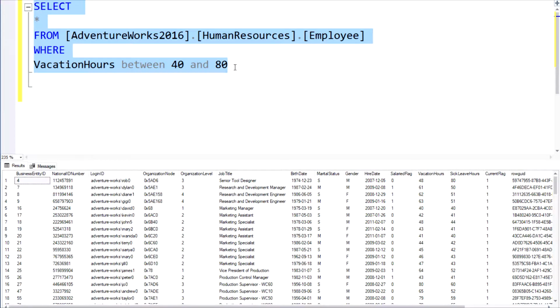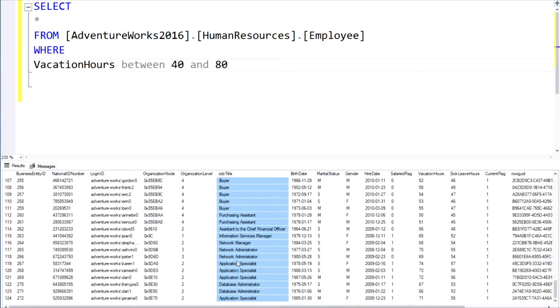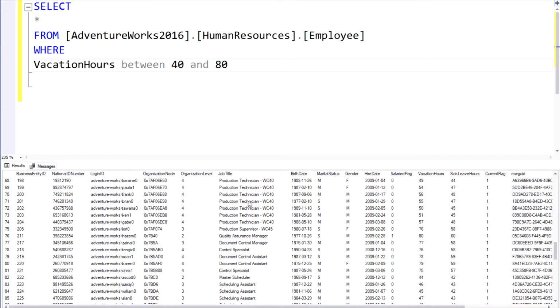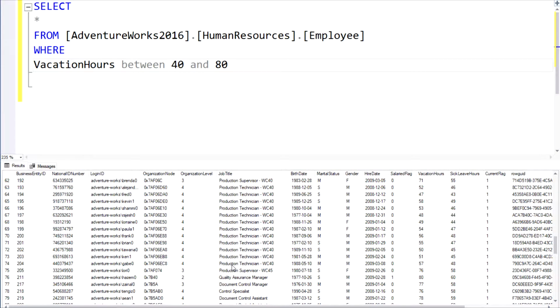And you can pretty much do this with all the different types of numerical fields as well as the data types. You can use the between logical operator. Now, let me give you an example of how to use this with a string or Varchar field, similar to job title as we see here, right? Because that's a string field. If I wanted to pull a list of all the employees that happen to have production in their job title, I could do that, right? So I could say where job title like, and then single quotes, because remember, whenever you're working with strings within SQL, you want to use the single quotes. So job title like production,